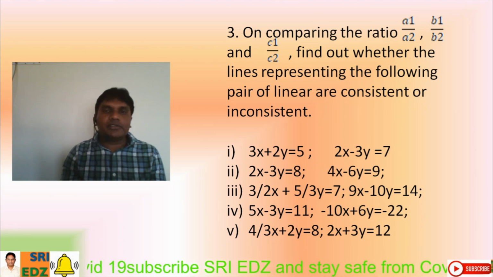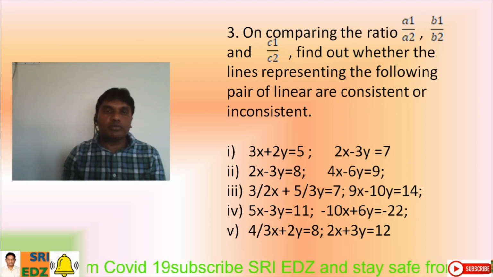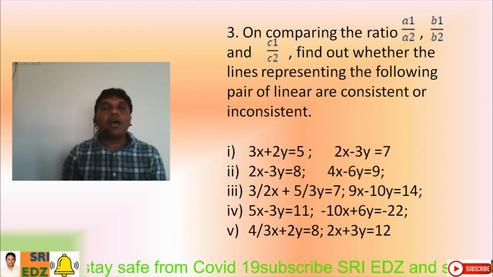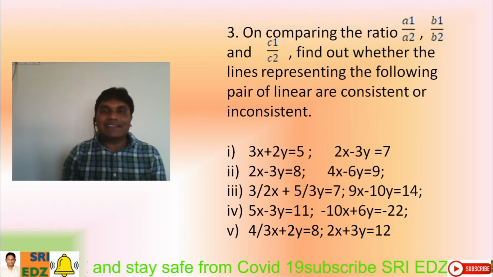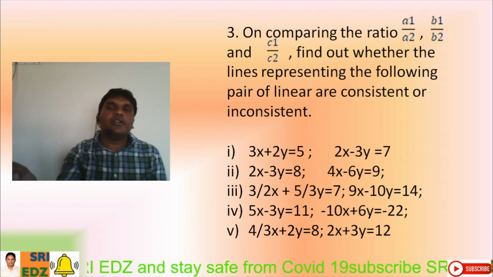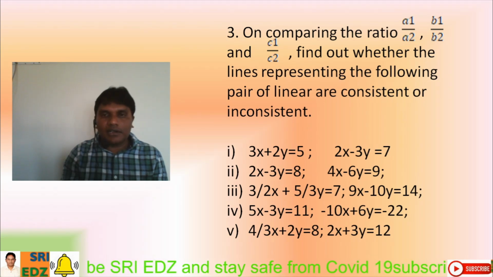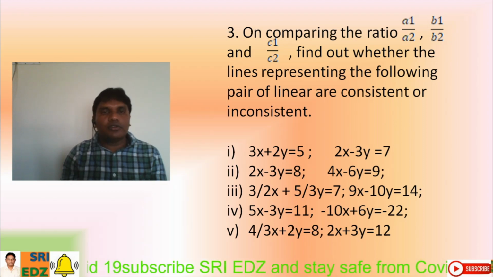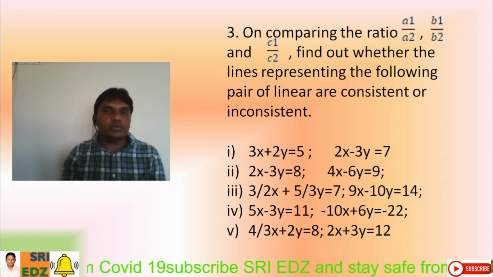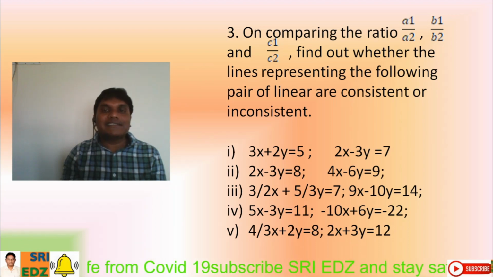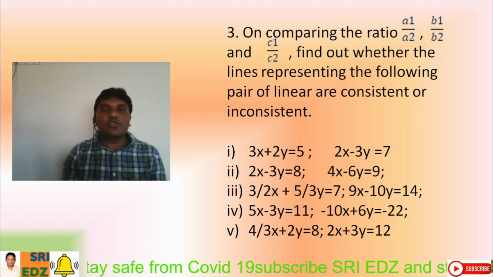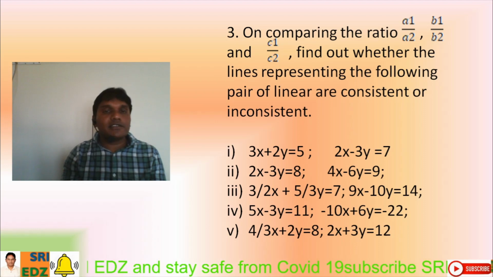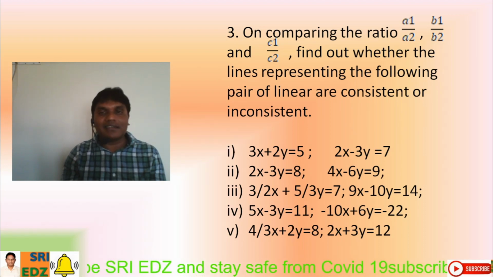If a1 by a2 is equal to b1 by b2 is equal to c1 by c2, the equations are dependent and consistent. So then there will be infinitely many solutions. According to the condition, you have to solve this. I did not explain it here. You can solve it by yourself. And if you get a1 by a2 equal to b1 by b2 not equal to c1 by c2, then we can say they are not consistent, and there is no solution for that because they are parallel lines. Already we have discussed that linear equations are nothing but straight lines, right?